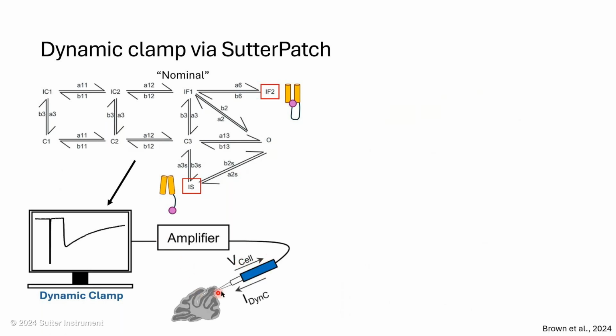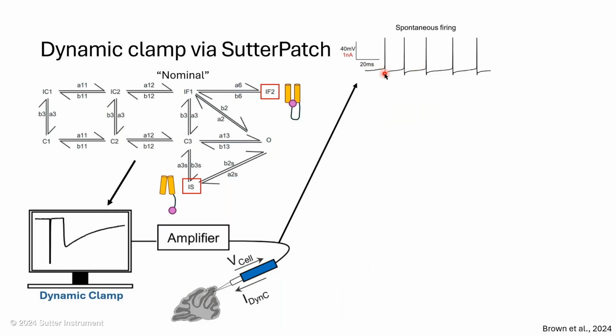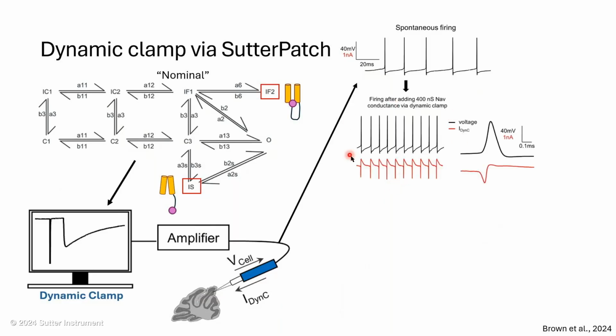And so if we're patched into a neuron, for example, a mouse cerebellar slice here, and we're patched into a Purkinje neuron, we're recording in current clamp, we're recording the voltage changes, the action potentials. The mathematical operations within Sutter Patch and within the model will determine the appropriate amount of dynamic clamp mediated current to be added afterwards. And that's what that looks like here.